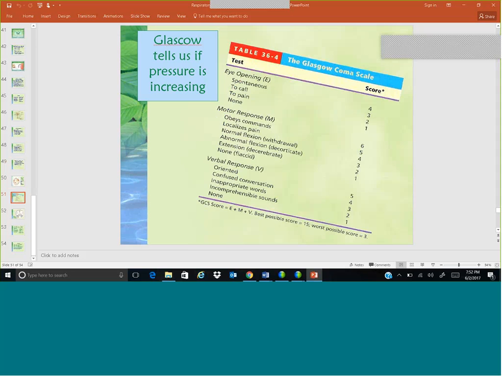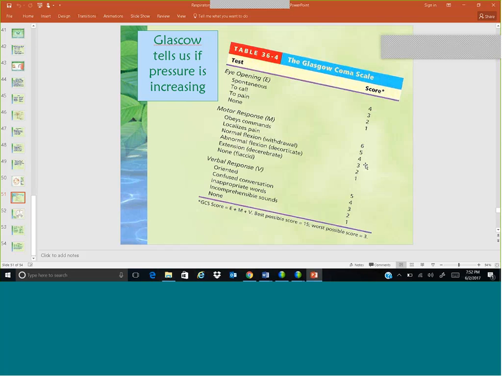Okay, here is something called the Glasgow Coma Scale. This is used a lot in an ER, in pre-hospital, in neuro. And it's just a little way to score a patient to see how cognizant they are. And they get a score of 1 through 4 if they can open their eyes, if it's spontaneous, to cause of pain, or none, to motor response: how they obey commands, localize, whether they withdraw, decorticate or decerebrate posturing,